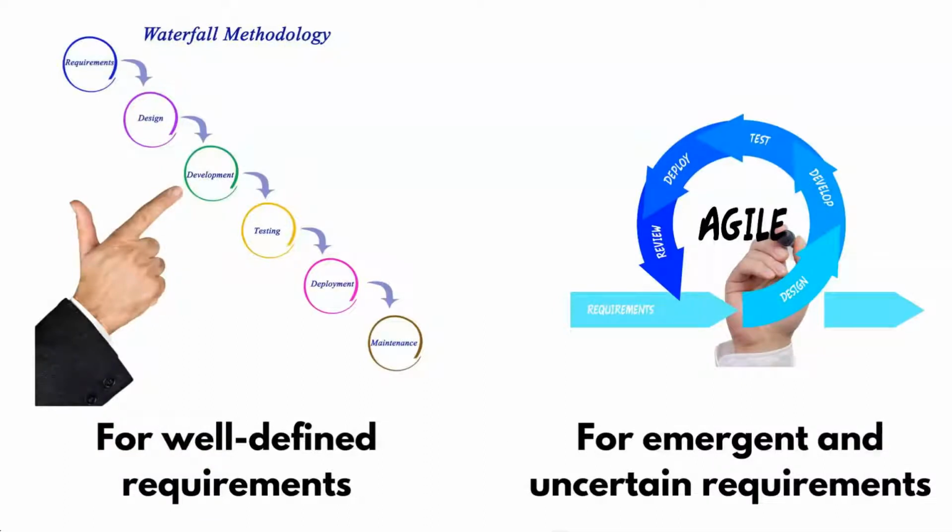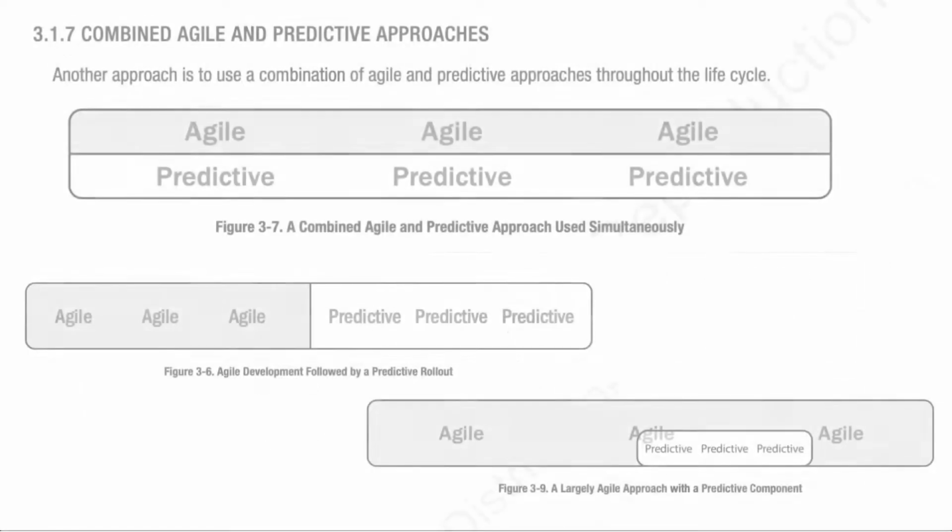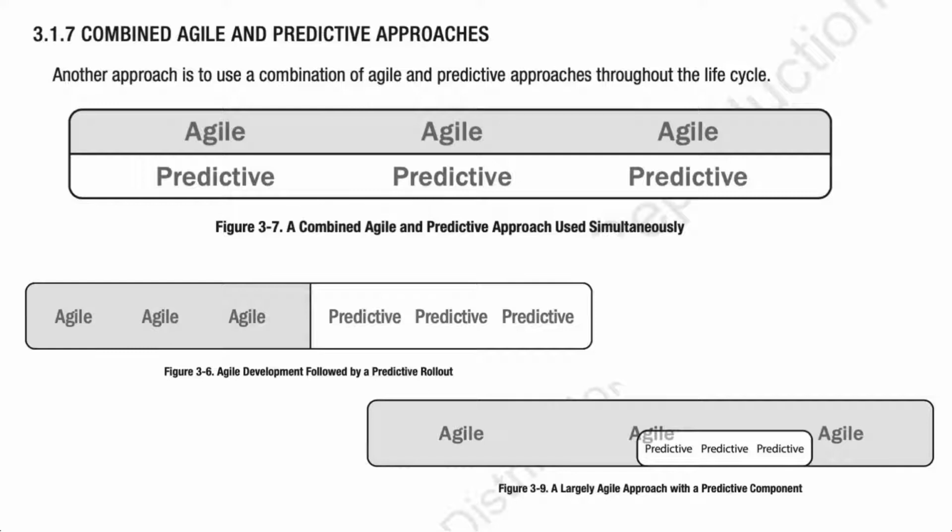For example, predictive life cycle approaches are better suited for projects where the requirements can be well defined, whereas agile approaches are better suited for projects with uncertain or emergent requirements. They also go on to use a table to explain the different characteristics exhibited by the different types of project life cycles. They also explain how agile and predictive approaches can be combined to make a hybrid life cycle. So for instance, projects can be predictive combined with agile, predominantly predictive with some agile components, and largely agile projects